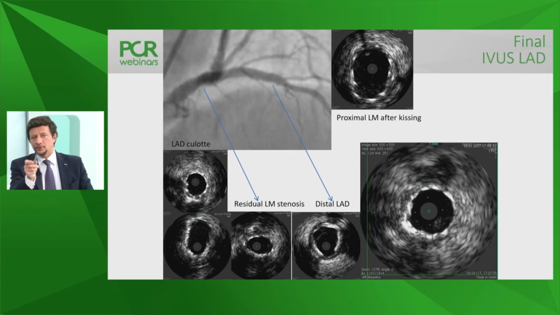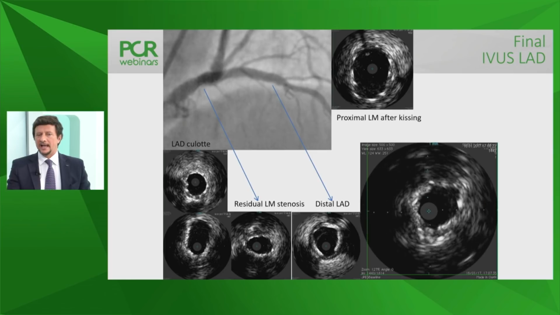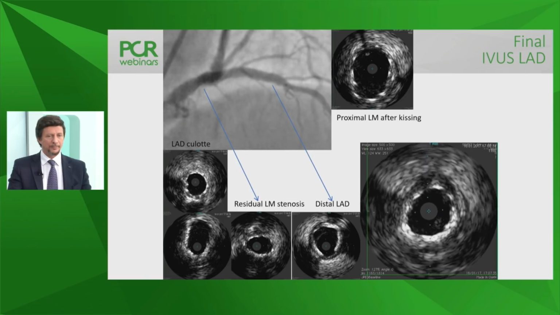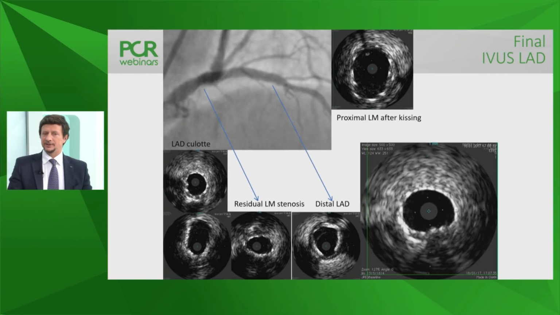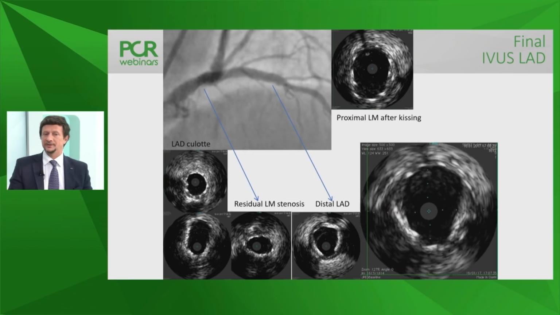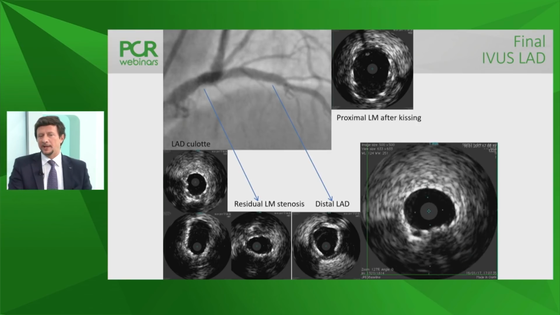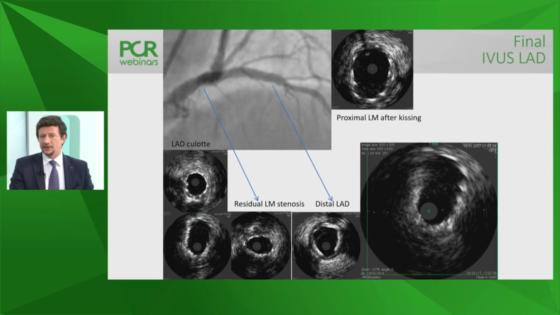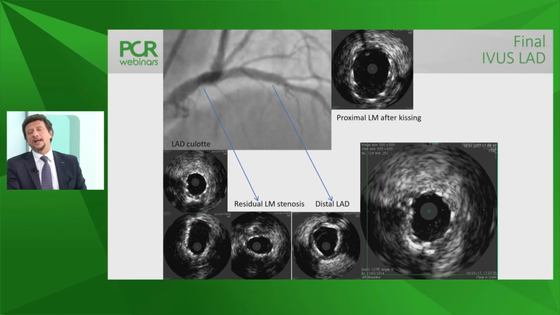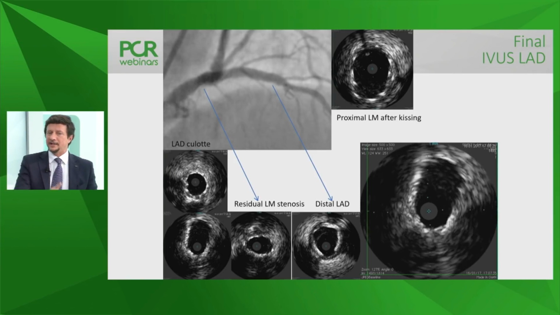Then when you go to the left, you see that indeed the ostial LAD is about 3.5 by 3.5. It did not reach the 4, but as you said, expanding the stent larger will require more atmospheres or more balloon, and this will become risky. You see again the uneven elliptic expansion of the stent at the bifurcation, and the excellent result at the point of the bifurcation. I decided not to go for a further expansion of the LAD